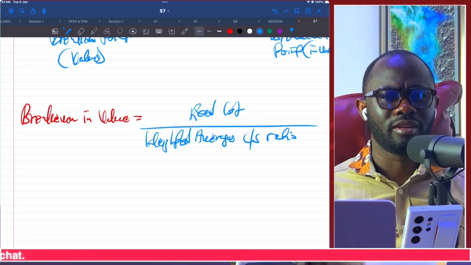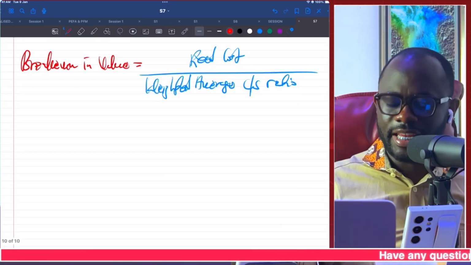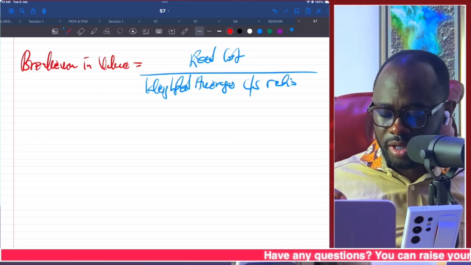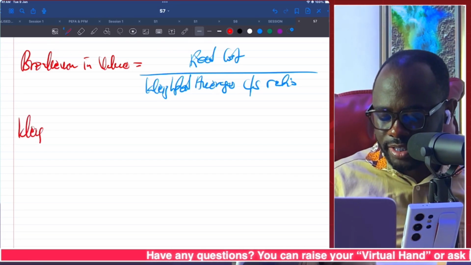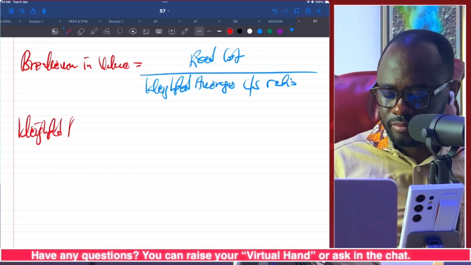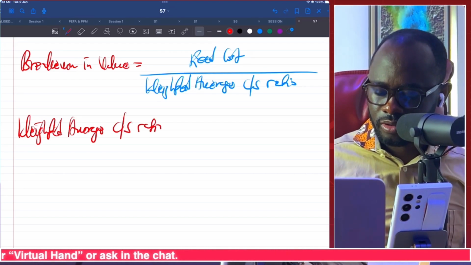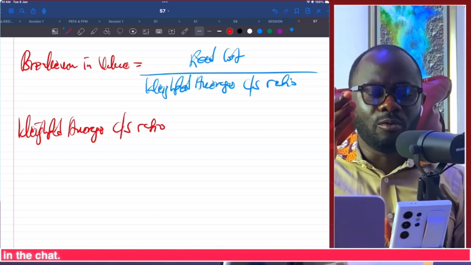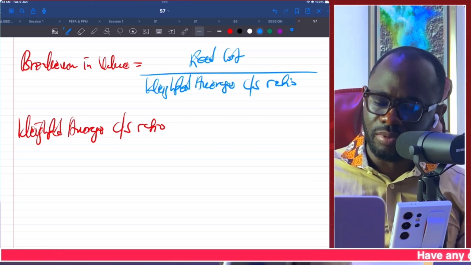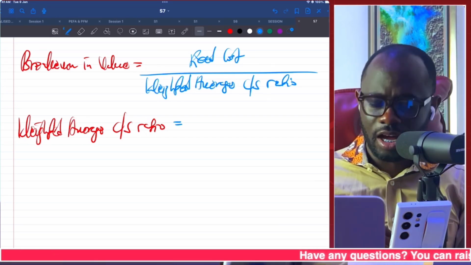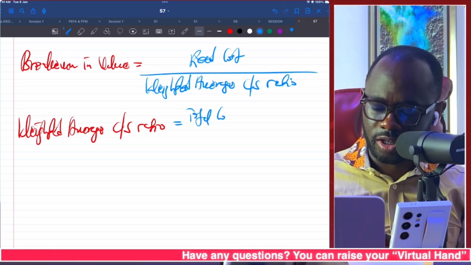What does that mean? It means that in a multiple product environment, we have to calculate the weighted average CS ratio. It's simple. The weighted average CS ratio is simply your total contribution from all products